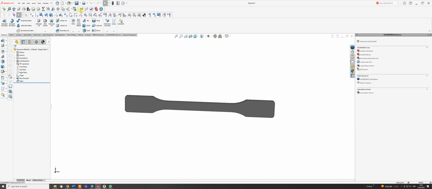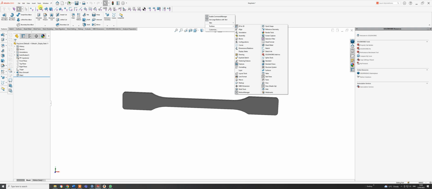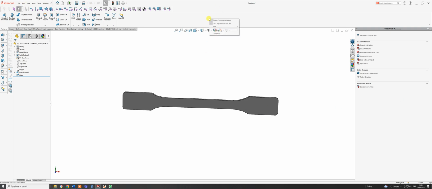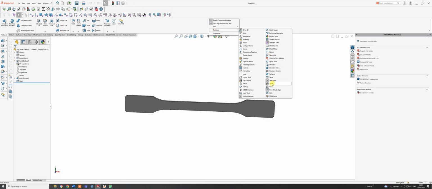So at the top, and again, if you don't have this bar at the top, you just right hand click here, go to toolbars, go down to tools, that switches it off. Do the same again, toolbars and tools. Okay, there's a lot of useful little gadgets there. I would have shown you how to actually apply materials. You can see in here we've got a polypropylene copolymer, and the data we can look at, we'll look at